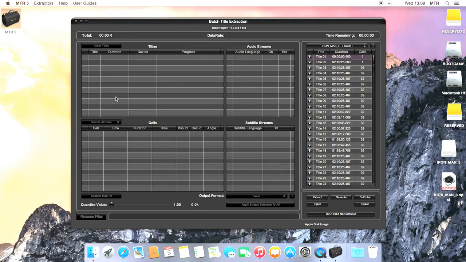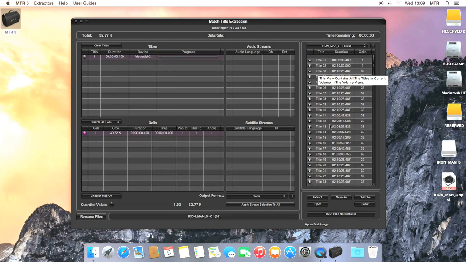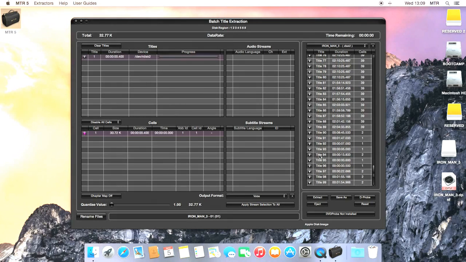Here is the current title. At the moment we have none, so in this case we would add one. I'll add a simple one which appears in the current title list. Below that appear the selected title's cells. So in the case that I was to select and add another title, by selecting them you see the different